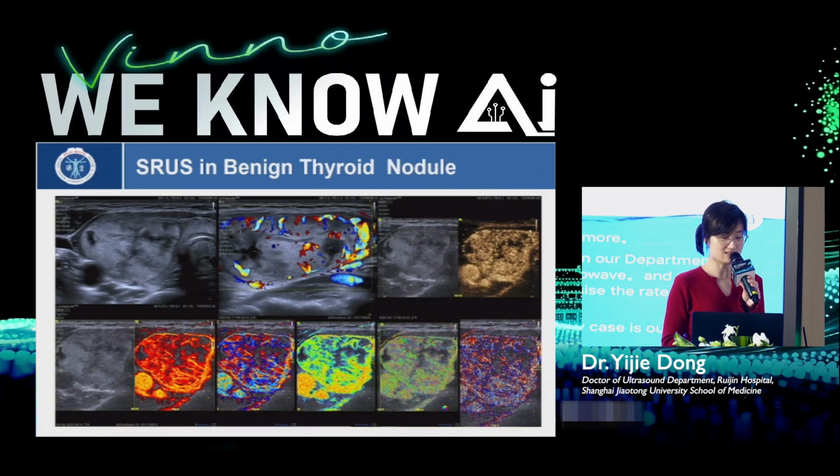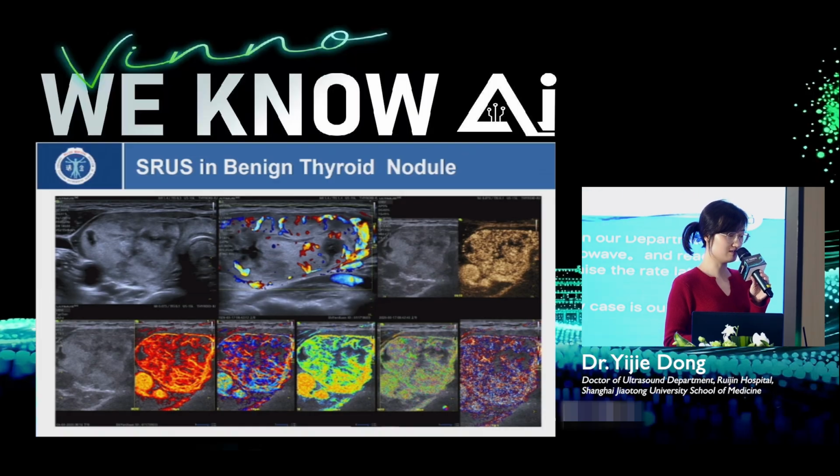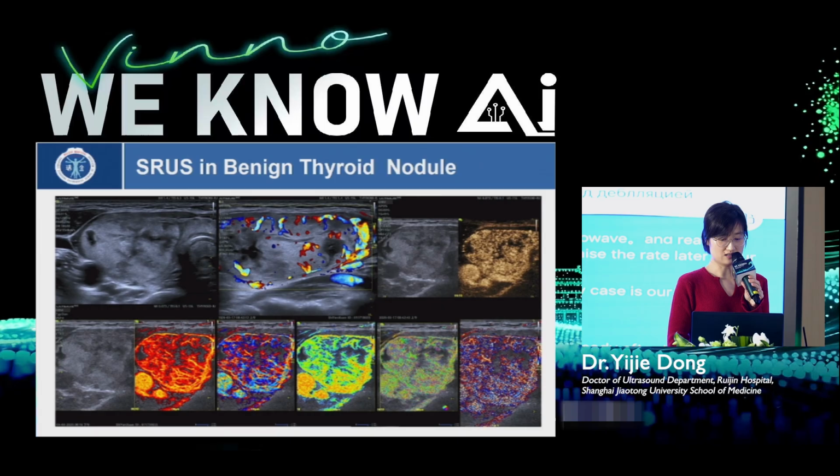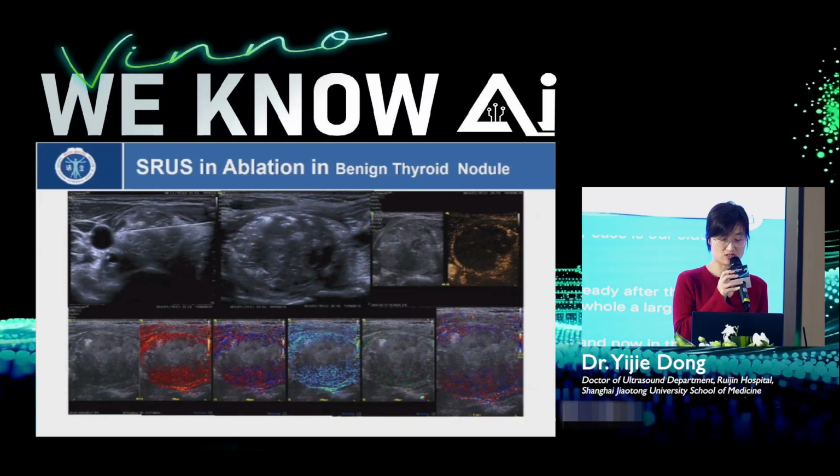This is a benign thyroid nodule. We can also do an assessment before ablation, and we can see abundant blood supply within the benign nodule. This is a goiter, and after ablation, we can use SRUS to do an evaluation to see if there is still some rest